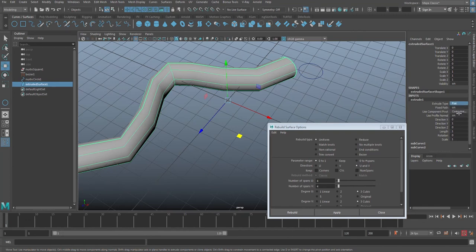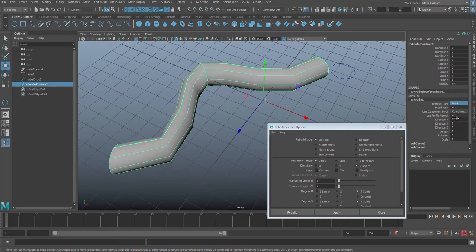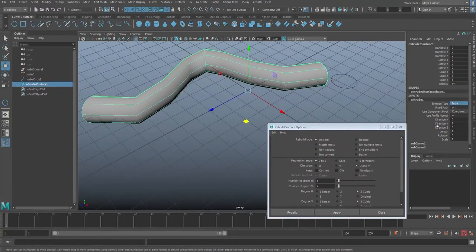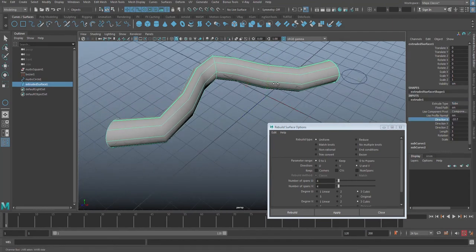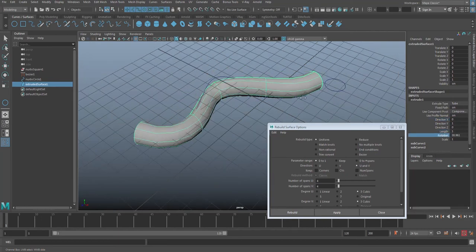We could change that to flat, and it will just use it the way it is to follow the outline, or the path. In this case, we want it to be a tube. To make a tube out of those two selections, we could tell Maya to change the direction of extrusion in X, Y, Z. We could also change the length of this,